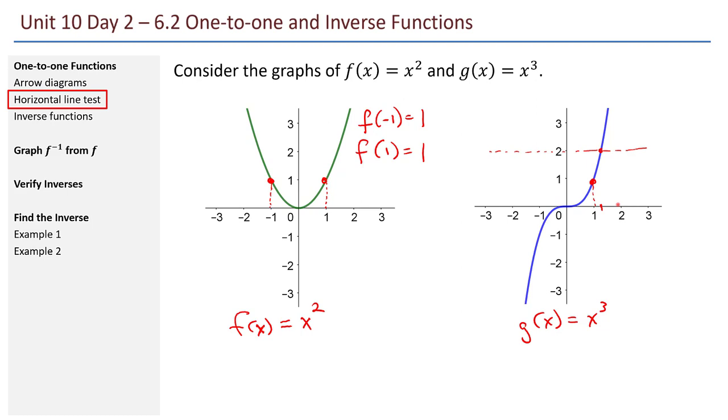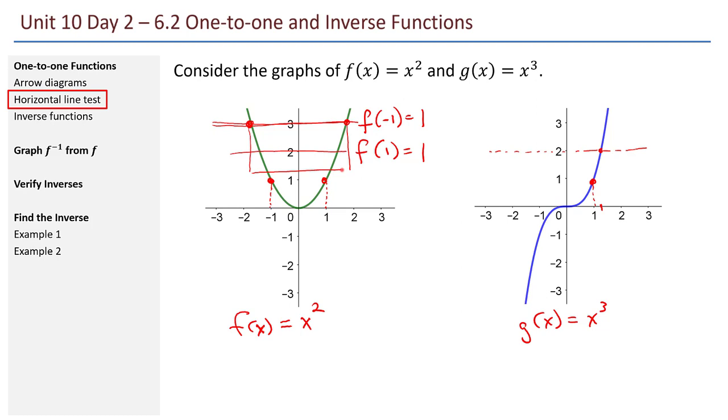Going back to the first example, let me draw a horizontal line, maybe at about a height of 3. And I can ask, what are the x values that map to a y value of 3? And it looks like I have 2 of them. We can see this because the graph crosses that horizontal line at 2 points. There's negative the square root of 3 and positive the square root of 3. So the idea that a horizontal line cuts it in 2 places definitely tells me that this